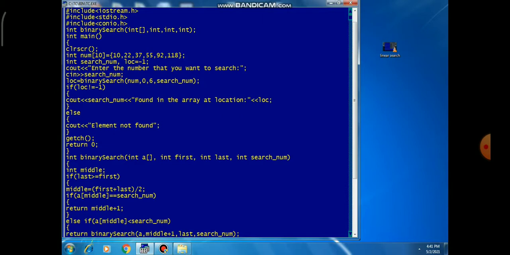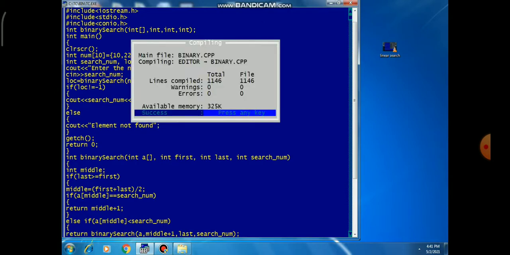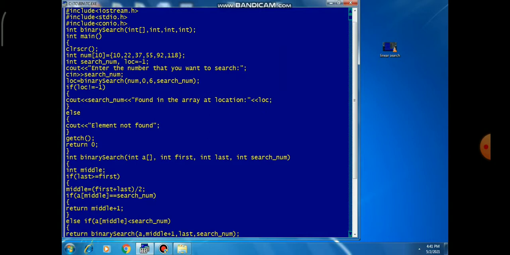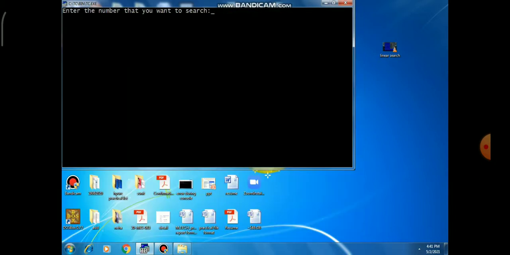Now you can check. First of all, I am compiling my program. So here there is no error. Then I am executing my program. After executing my program, it will ask: enter the number that you want to search. Okay.